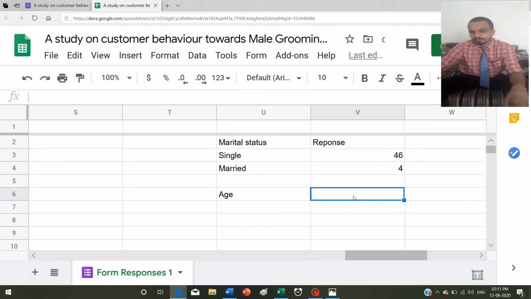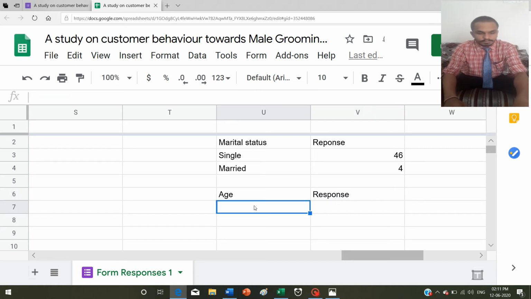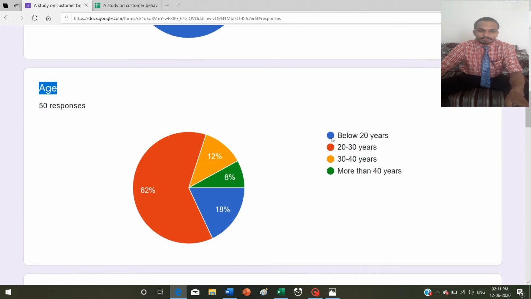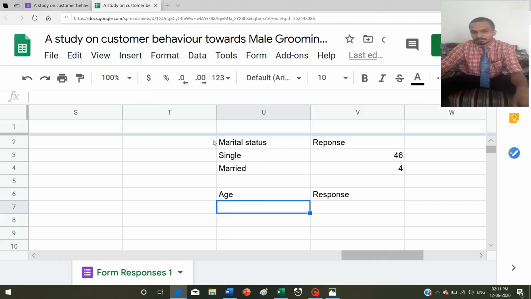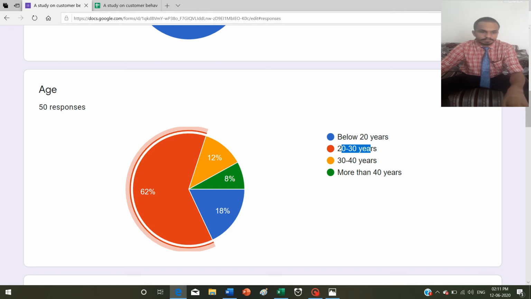Okay. Now, ages I wrote and copied, then I will put responses. Now what is the age? So I will write, I will copy. This is my below 20 years. First of all, I am making the table.